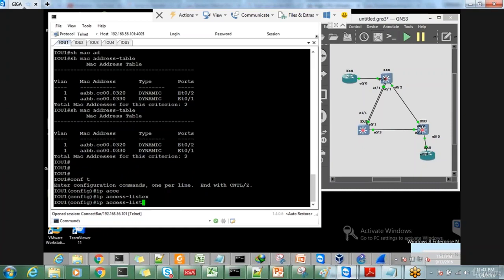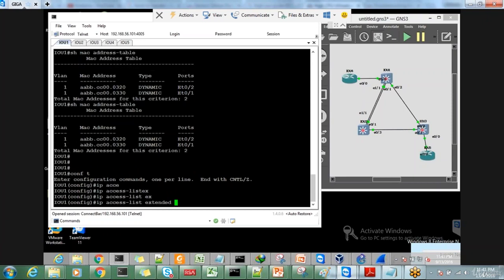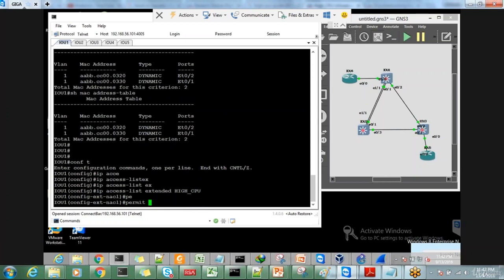Now the devices are a bit slow. So you have the option to create either an extended ACL or a standard ACL. In this example, I'm creating one extended access list called high CPU. What I am permitting is any IP traffic, so permit IP any, with the destination of